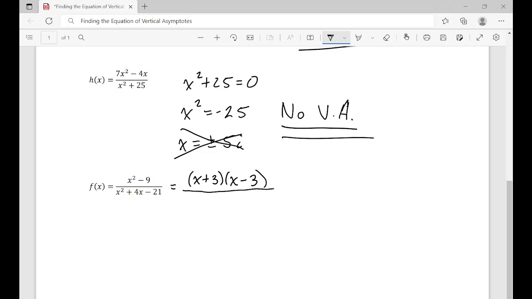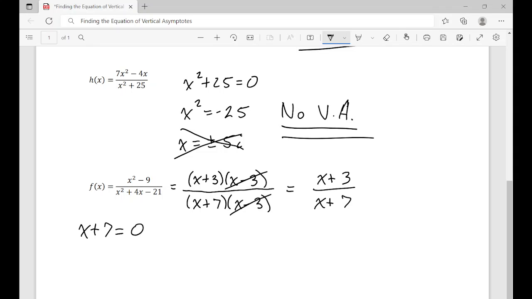And in the denominator, this factors down to x plus 7 and x minus 3. And here, the x minus 3's will cancel out, leaving x plus 3 up top and x plus 7 in the bottom. Now that it is simplified, I can find my vertical asymptote, which is just taking the denominator, x plus 7,